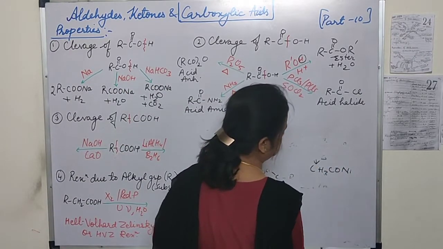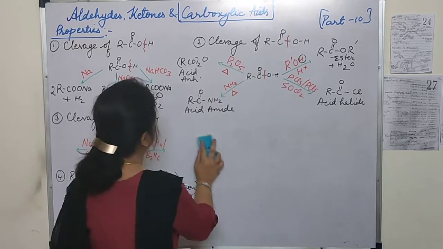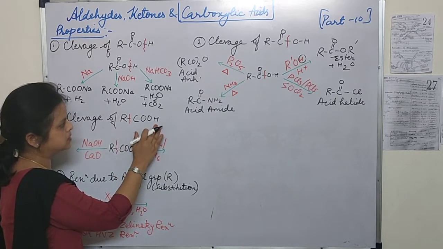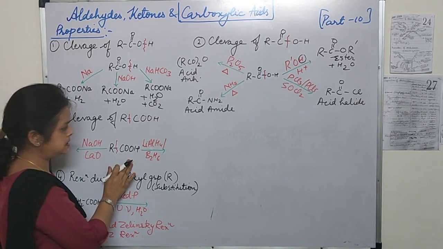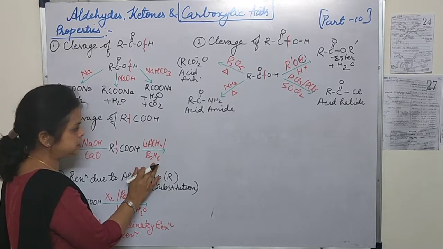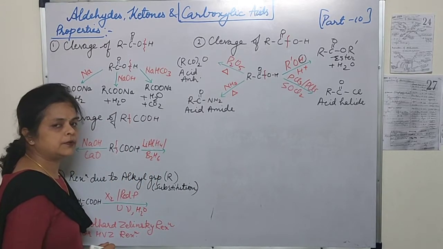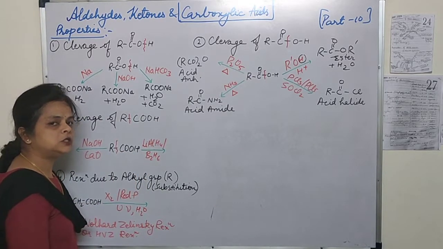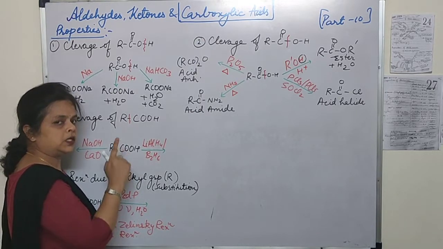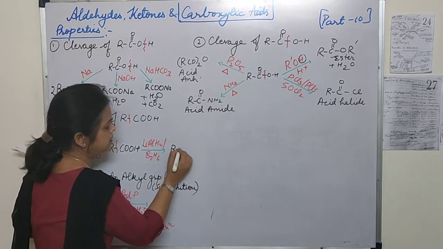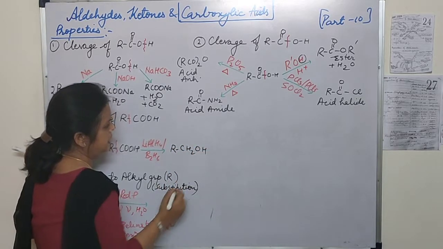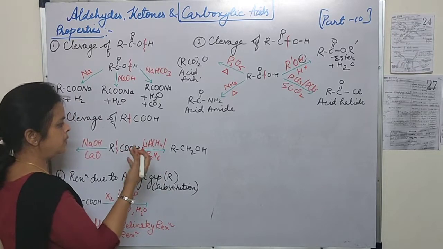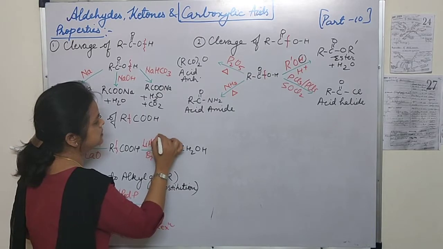Now the third type of reaction where the carbon-carbon bond will break, carbon of alkyl and carbon of carboxylic part. Now here the 2 reactions are there. First one, it is the reduction reaction in presence of reducing agent like lithium aluminum hydride or diborane. The COOH part will convert into CH2OH. Carboxylic acid will convert into alcohol. So we will write RCH2OH. And what is the name of this reaction? Actually, it does not have a name, but it is the process which is taking place here. It is the reduction.